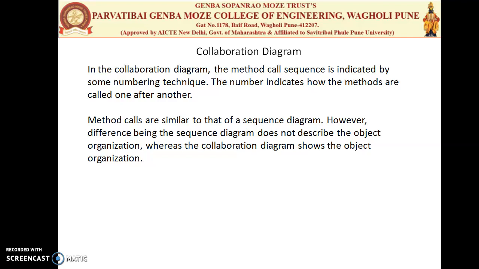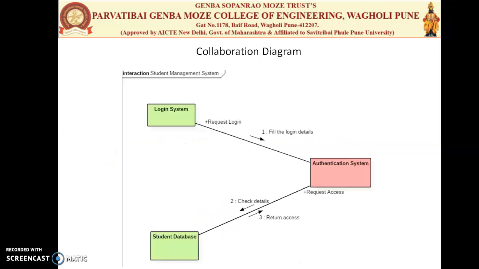So in this session we are starting with the collaboration diagram. The collaboration diagram is also called the communication diagram. Collaboration is used to visualize the structural organization of the objects and their interaction. Or we can say that the collaboration diagram is used to show the relationship between the objects in a system. Both the sequence diagram and the collaboration diagram are the same, but they show the information in a different manner. So let's see the collaboration diagram.